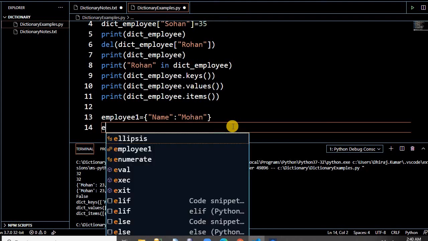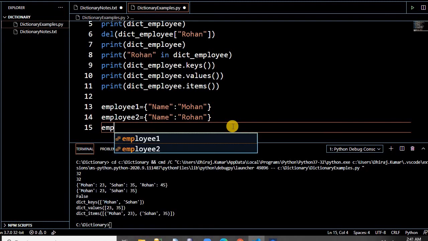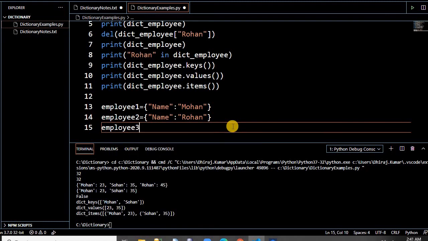Then employee two, whose name is Rohan, and employee three, whose name is, let's say, Sohan.